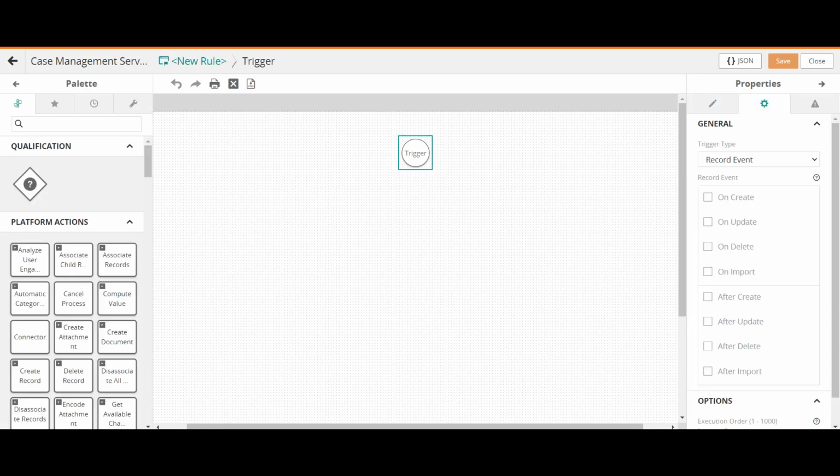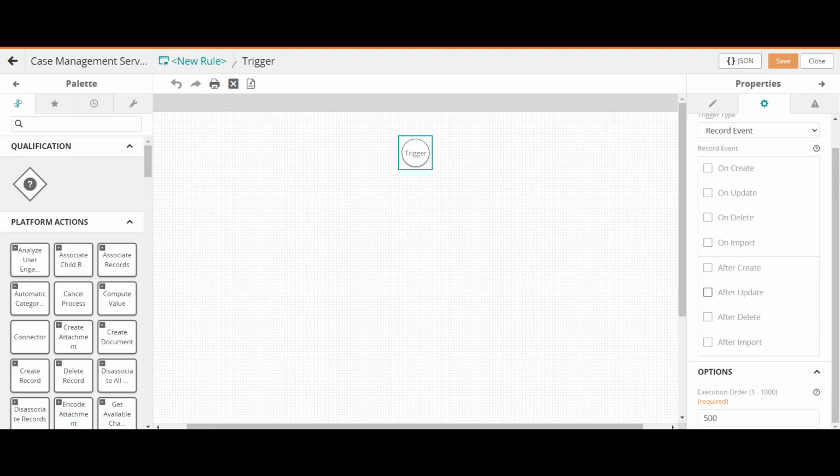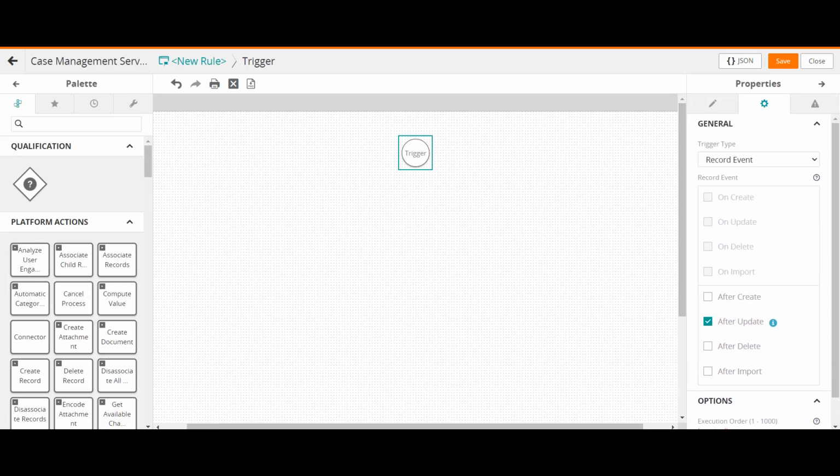So now I have to define the trigger. I would say here after update, because here you need to select the record event, because this is a record which will be updated. So after update my process should call. So now I can say,